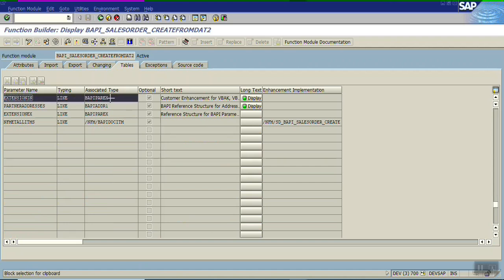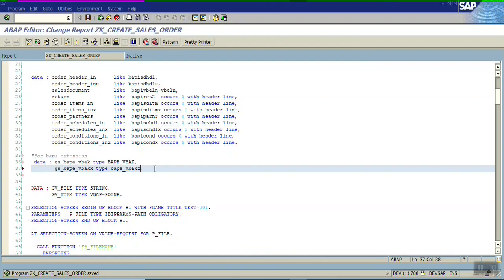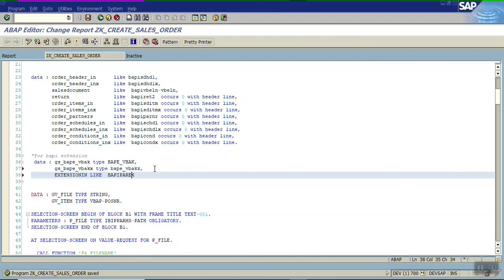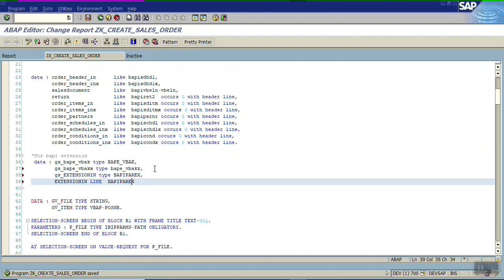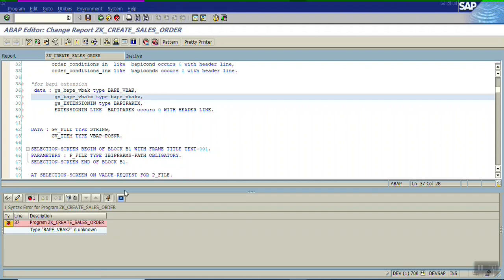To declare an internal table like this with a work area, gs_extension type BAPI arrays, and we'll keep the internal table name same, occurs 0 with header line. Okay,